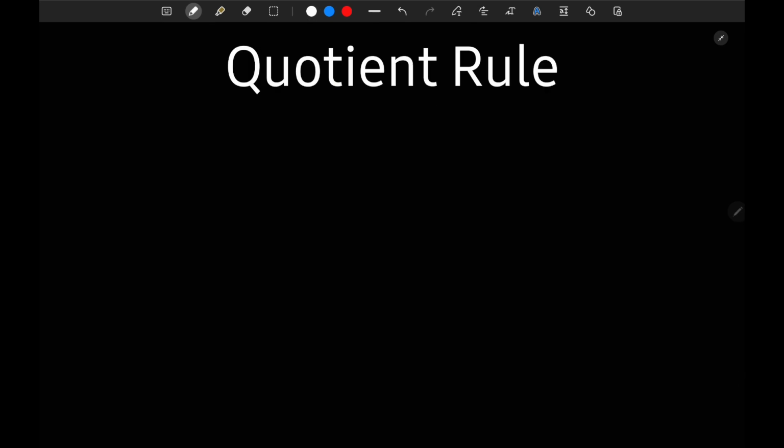Now let's move on to quotient rule, and we'll see how implicit differentiation is applied here. Say we have something of the sort of 1 over xy, and we want to differentiate this with respect to x. The saying I like to use for quotient rule is: low d high minus high d low, square the bottom and throw it below. So we have low multiplied by d high, minus high multiplied by d low, square the bottom and throw it below. So if we want to do this one here,